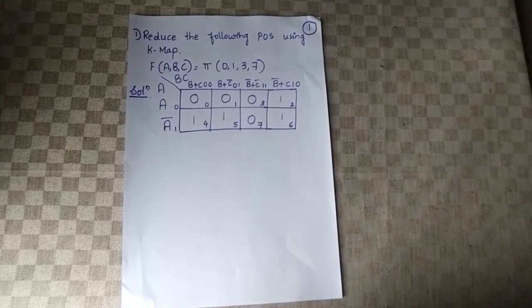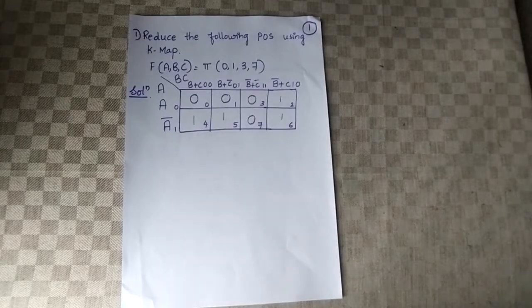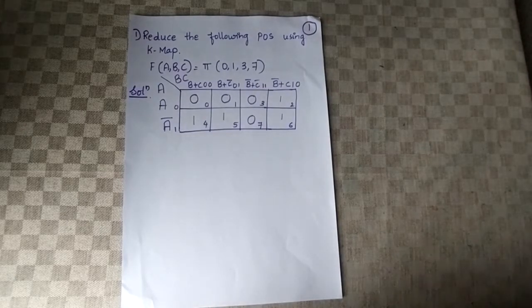And the rules which we had used were, while grouping we can go for pair, that is two zeros together, vertically, horizontally or overlapping. We can go for quad, that is grouping four zeros together. So again it can be vertical, horizontal or overlap. We can go for octet. So again vertical, horizontal or overlap. So we cannot go for any grouping in terms of diagonal fashion.